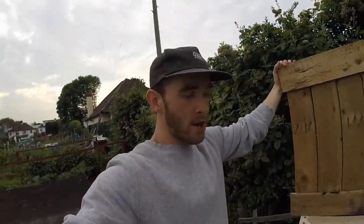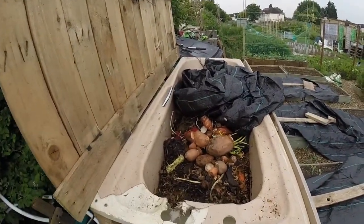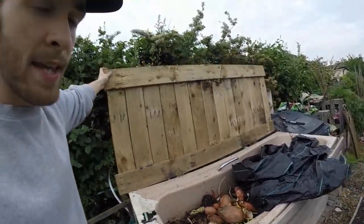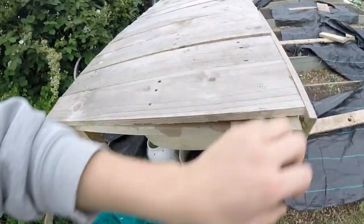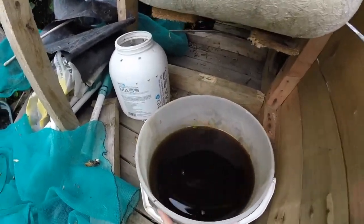What's up guys, as I said earlier in the video, I'm going to show you an update on the worms chilling in the bath. So a little wormery here that I did in my second vlog, made out of old pallets and an old bath. I put my food scraps from home in, and then look guys, they're making a couple of litres of worm rum every fortnight I'd say,